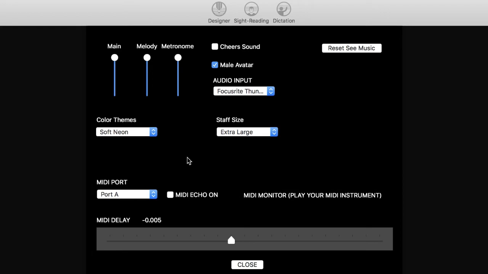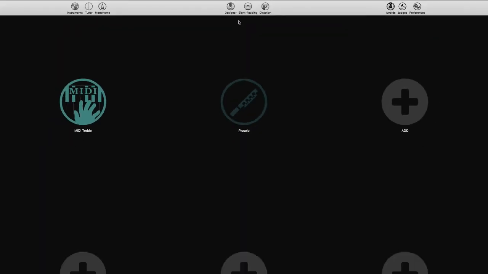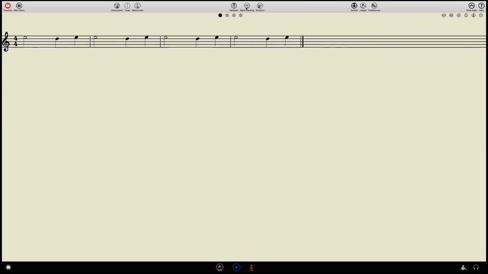Now I don't have my keyboard hooked up to any external speakers, so if I want my computer or C Music Pro to function as my monitor, all I have to do is click here on MIDI Echo on. Now whatever I play on the keyboard will come through the screen and I can hear what I'm actually doing. So now we're really all set to go with regard to a sight reading exercise. If I open one up and then press record,